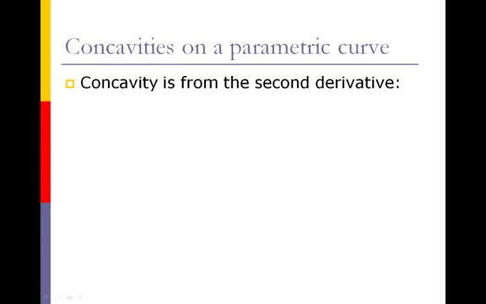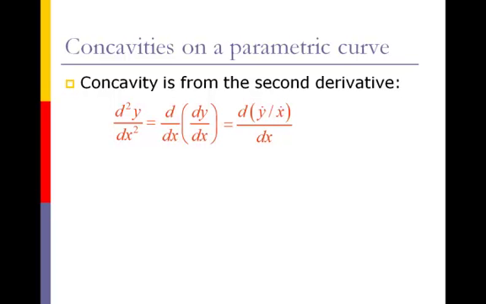So what we have to do is figure out how we can compute the second derivative of y with respect to x when in fact all we have is x and y as functions of t. Well, we figured out how to do the first derivative, so all we have to do is the second one. Remember that that second derivative is just the derivative with respect to x of the derivative of y with respect to x. Well, we know what the derivative of y with respect to x is. We've just seen that that's y dot over x dot. So what we need to do is take d of y dot over x dot, divided by